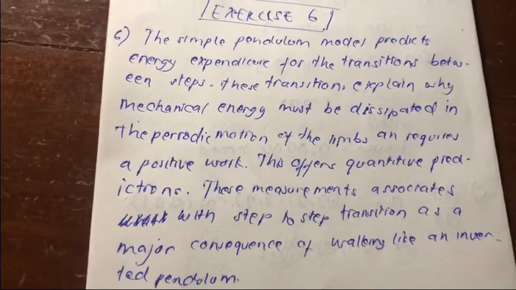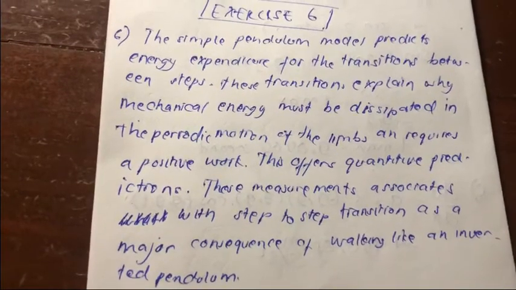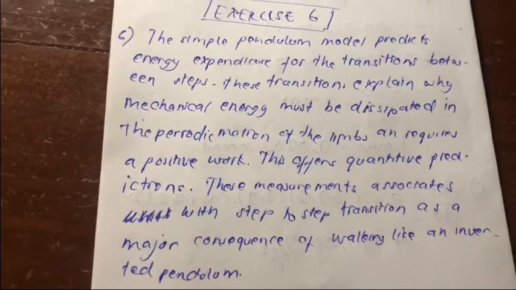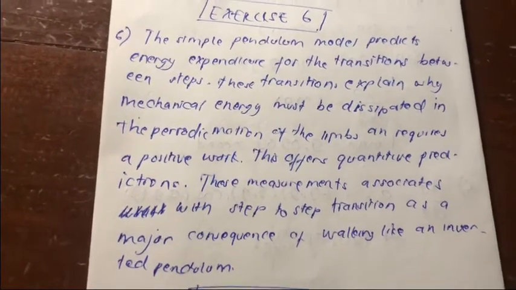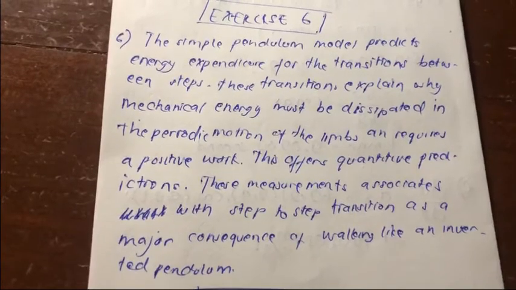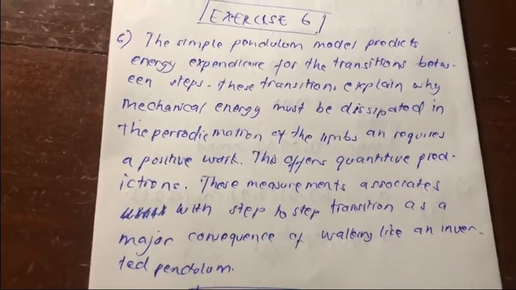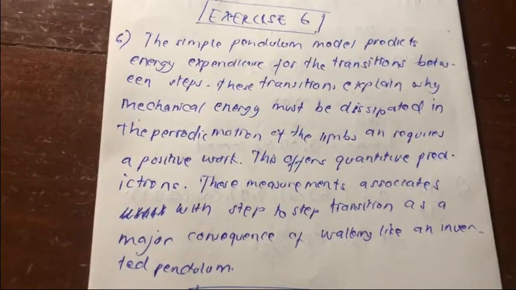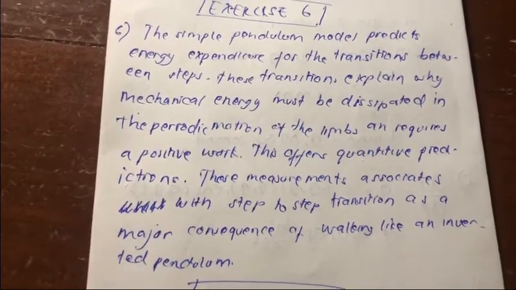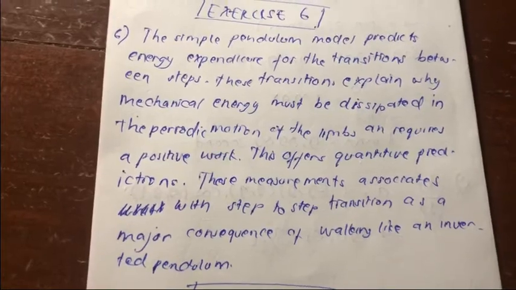This transition explains why mechanical energy must be dissipated in the periodic motion of the limbs and requires a positive work. This offers a quantitative prediction,